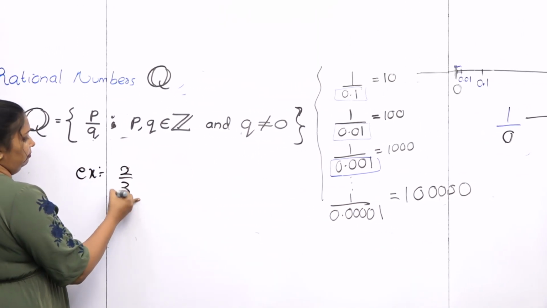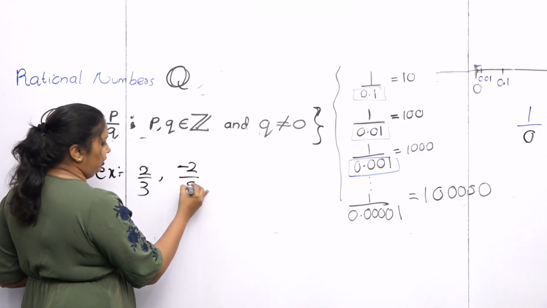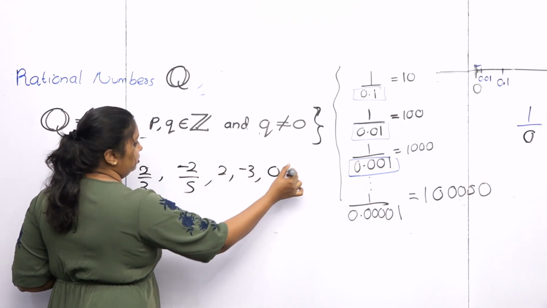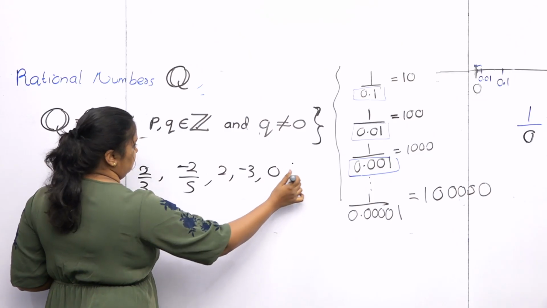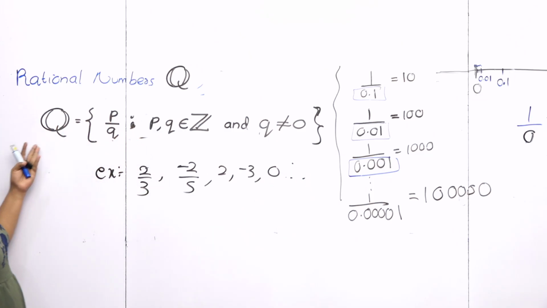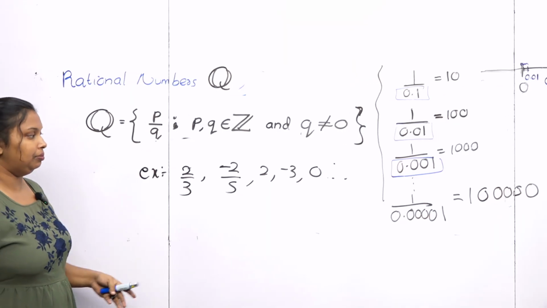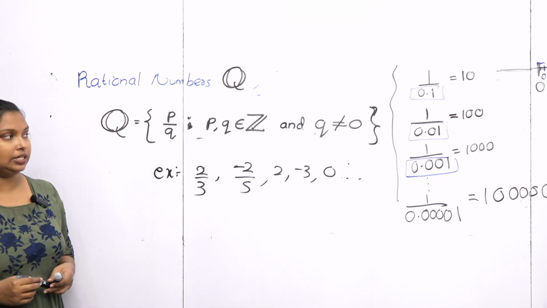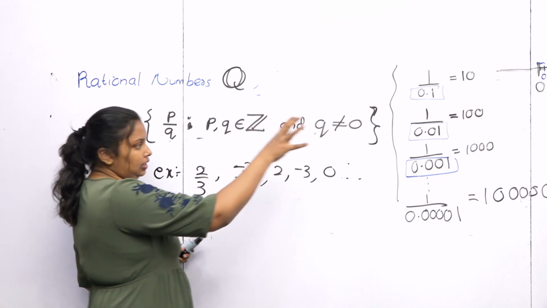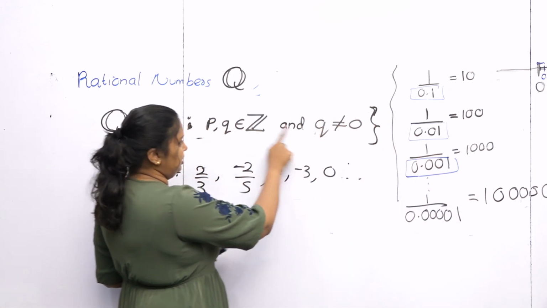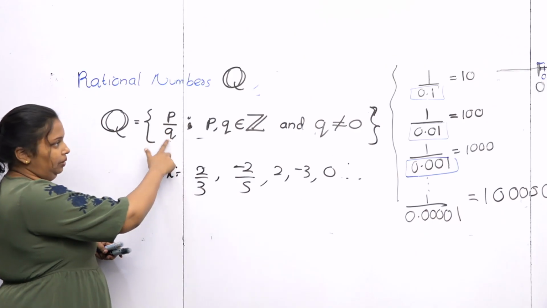2 over 3, minus 2 over 5, 2 minus 3, 0, all these things. There are many rational numbers. So these are some examples. Here I explained why dividing by 0 is undefined, because when the fraction is 0,